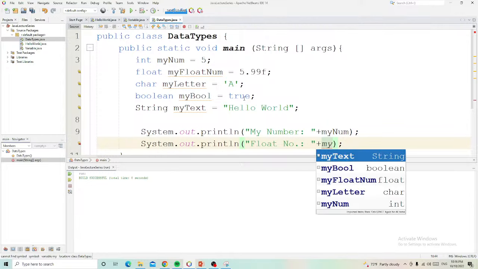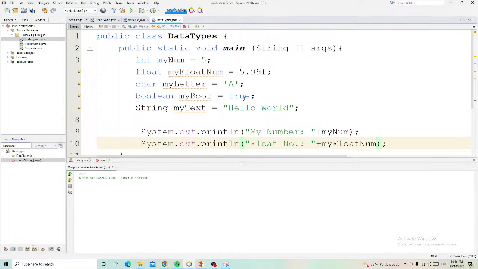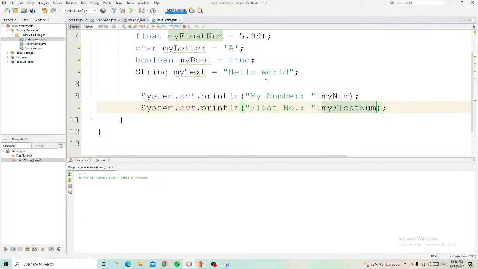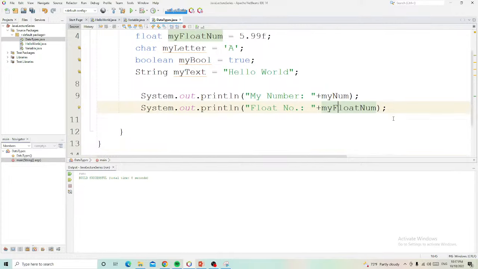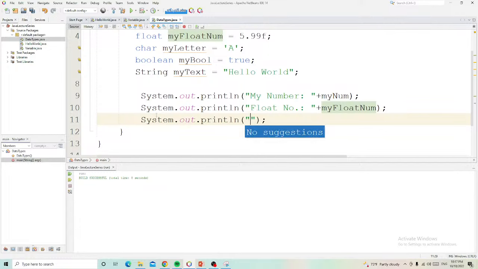Okay, my float. I already discussed to you in my previous video how to call the variable. Once you call the variable, the warning will no longer exist because you already used the variable. So that's the power of IDE.